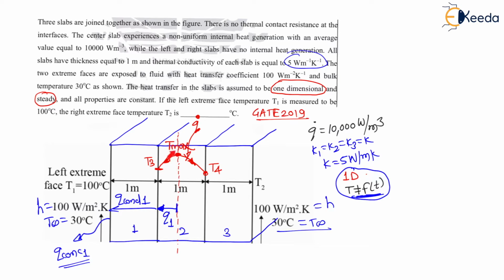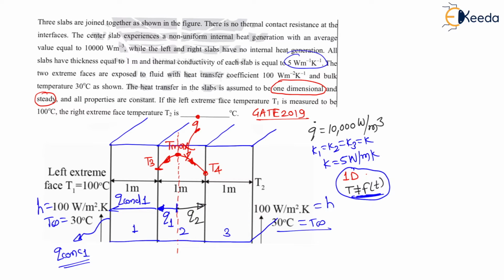This will be the mode of heat transfer from maximum temperature to T infinity on the left side. But the heat will also flow towards the right, because the maximum temperature is in between, in slab 2. Therefore, from this maximum temperature, on both the left side as well as the right side, heat will flow. Let us say the heat flowing towards the right in slab 2 is Q2.